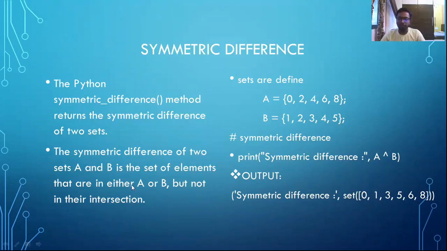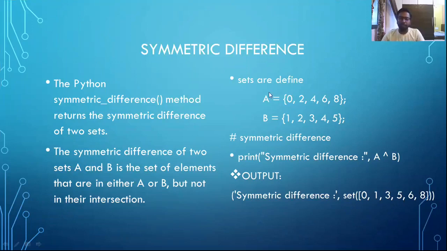Basically, if we remove the intersection from the union, the result is the symmetric difference. This means the elements which are exclusive members of A or exclusive members of B, but not the common ones from both, will be the result of symmetric difference.